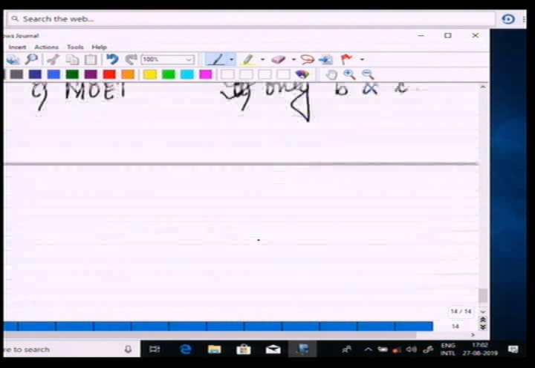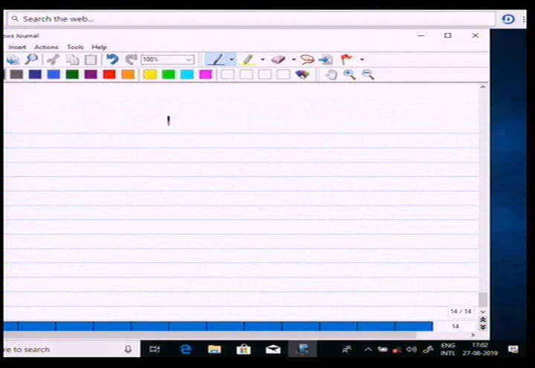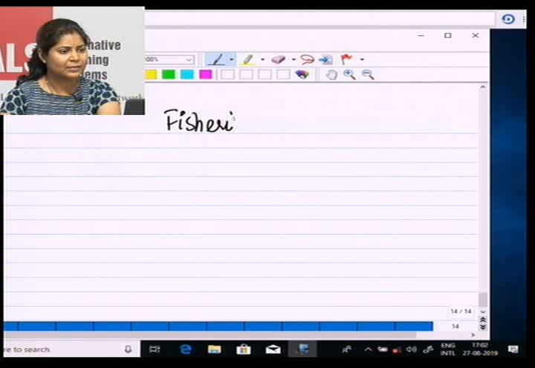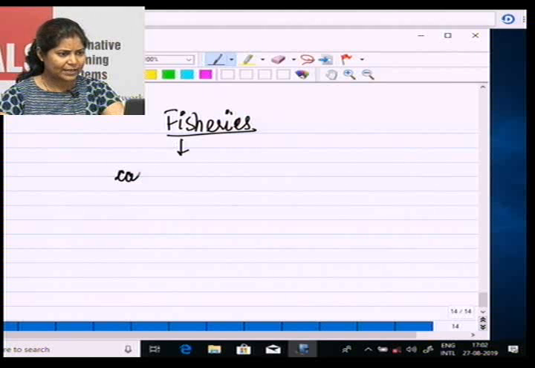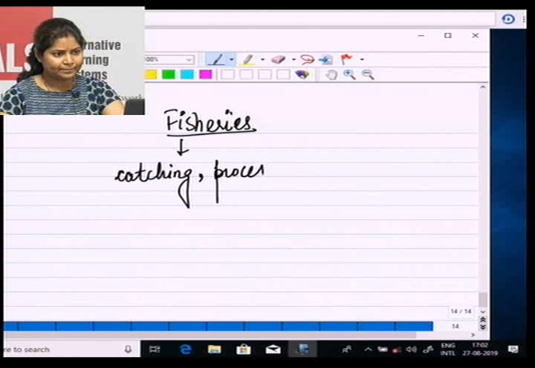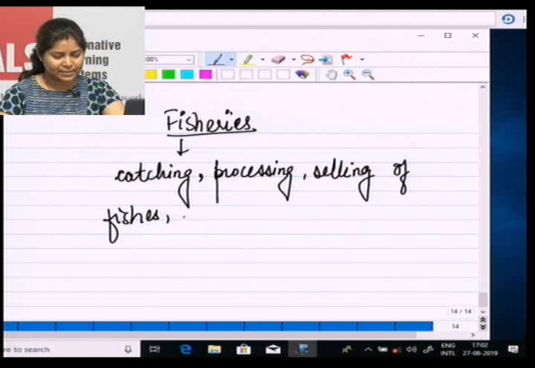I will be teaching you fisheries, then a question, then a break. This is the sequence of the class before the break. First, we start with fisheries. I did this in the last class, but let's do it once again. Fishery is the catching, processing, and selling of what? Fishes,